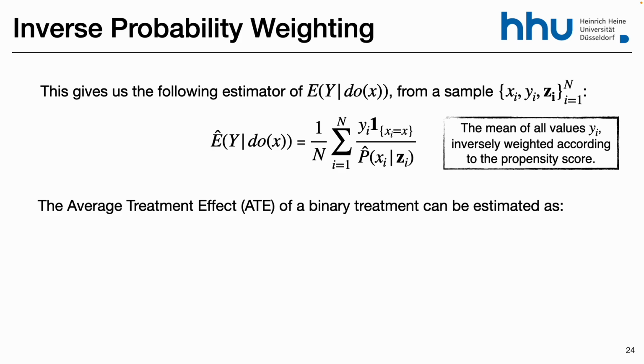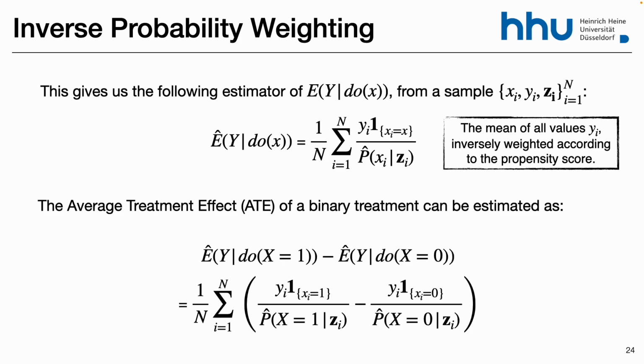And if I want the average treatment effect, which is the difference in the binary case, I can just compute it individually. In one case my x is 1, in another case it's 0. So here again, I just get the probability of X being 1 because all of the x's here are equal to 1 and all my x's here are equal to 0. And then I just compute this difference.